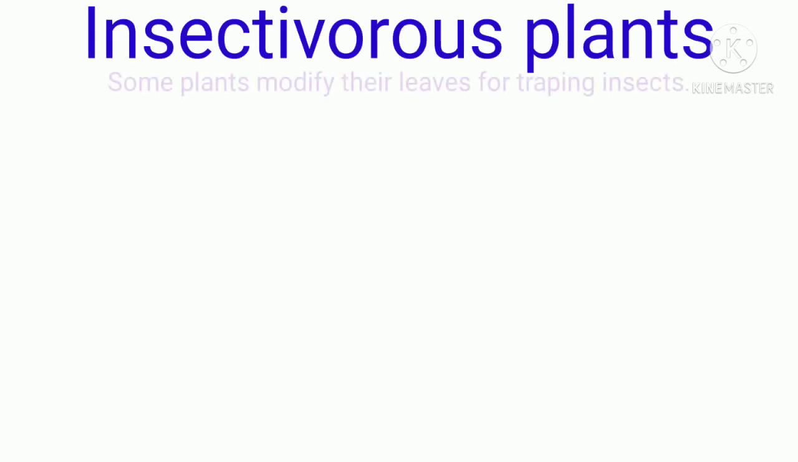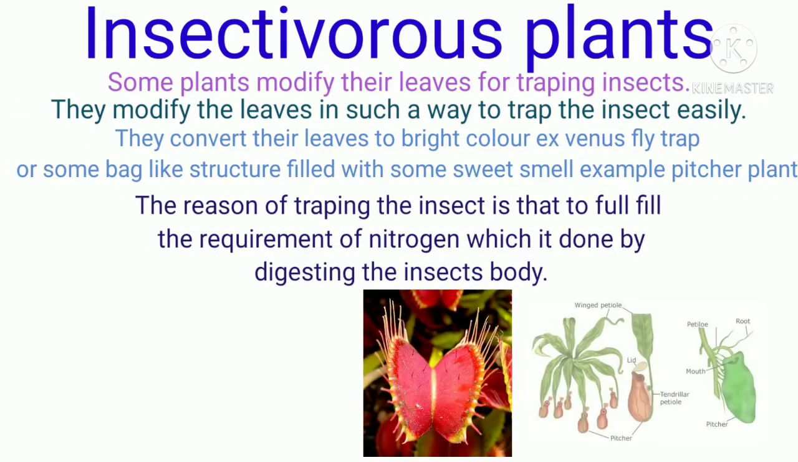The last but not the least, insectivorous plants. Some plants modify their leaves for trapping insects. They modify leaves in such a way as to trap the insects easily. They convert their leaf to a bright color, for example the Venus flytrap, or to some bag-like structure filled with a sweet smell,